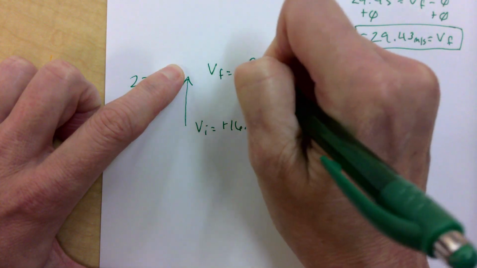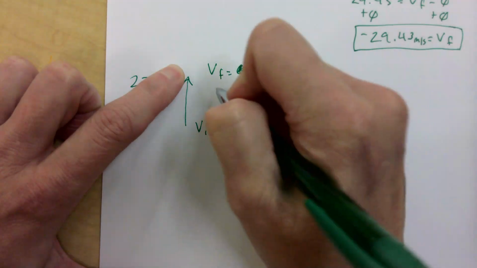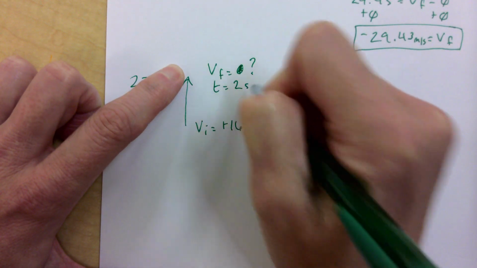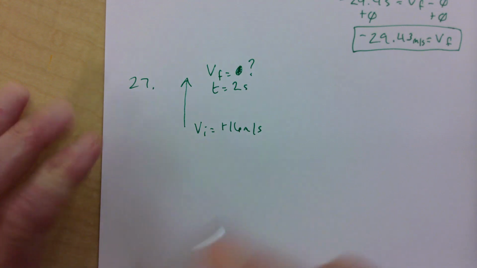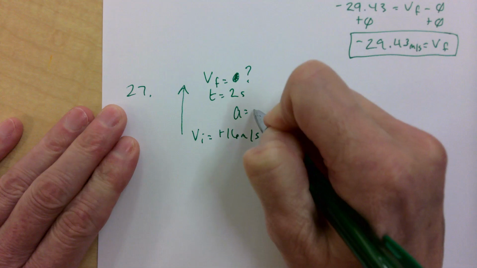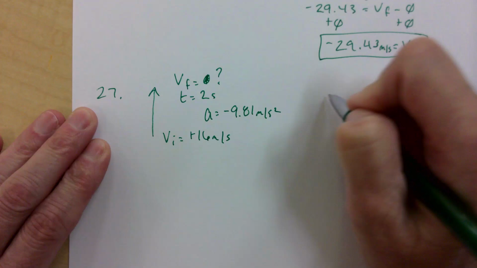Oops, sorry, that's a question mark. I want to know what the velocity is up here after it has been traveling for 2 seconds. Again, nothing else is touching this, so I need to make sure I know that acceleration is a negative 9.81. Go grab your equation,